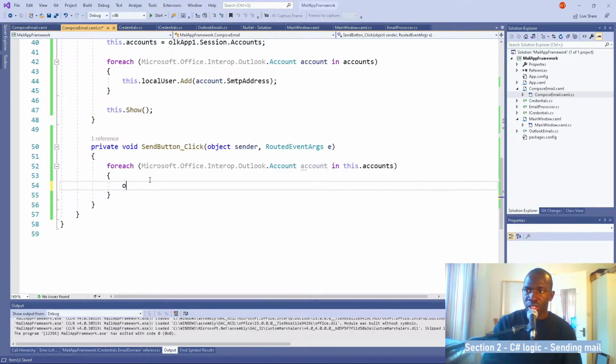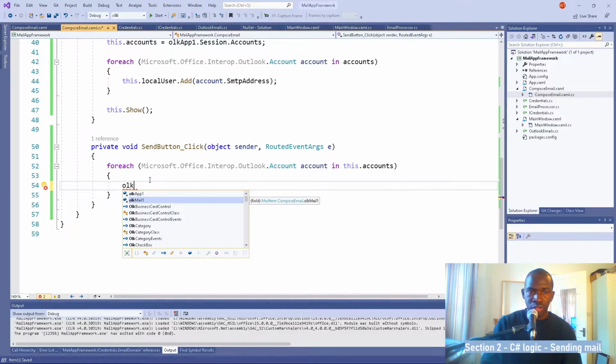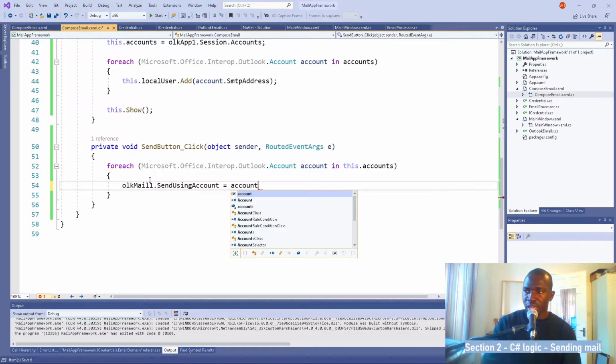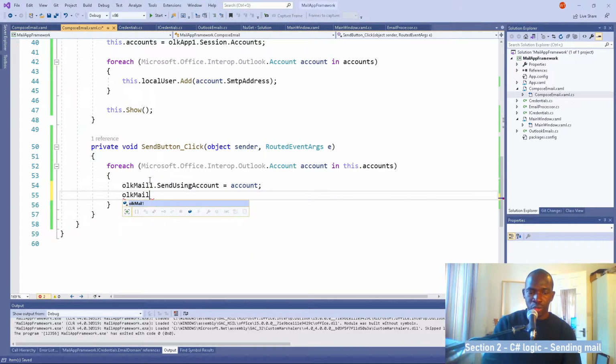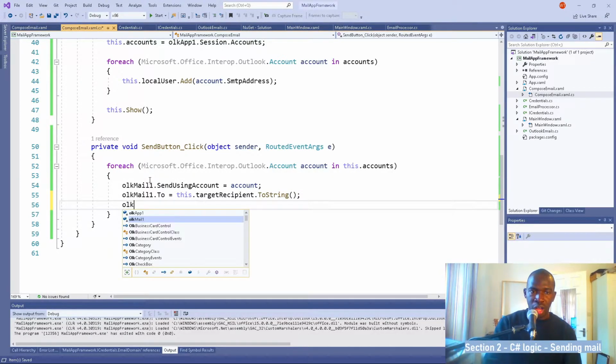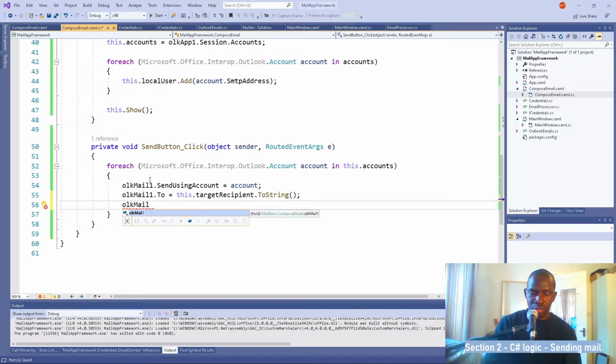Let's just say this. Outlook mail. We're going to go for the send using accounts, and we're going to assign that to accounts. And then we're going to say Outlook mail 1, mail 1, 2, as in who we're sending to. And then we're going to say this target recipient dot toString, and we're going to give that a value at some point. Outlook mail subject, mail 1.subject,